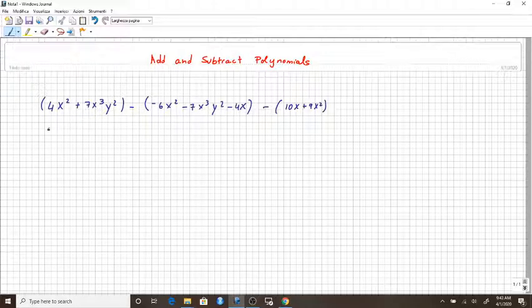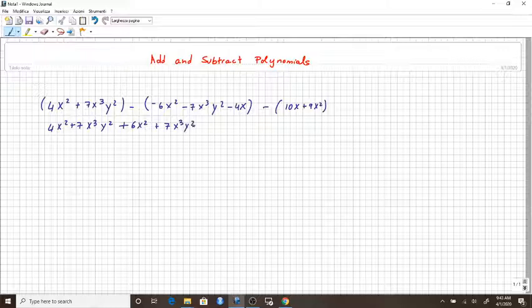We can drop the first parentheses, so the first expression stays the same. There is no change of sign, but then this negative sign will be distributed among those 3 terms in parentheses. So negative times negative is going to make a positive 6x squared, and negative 1 times negative 7 is positive